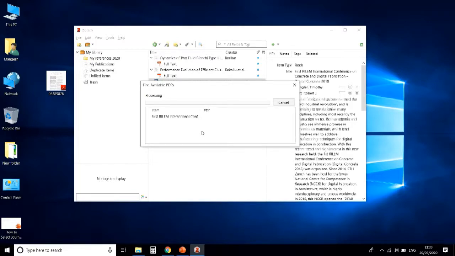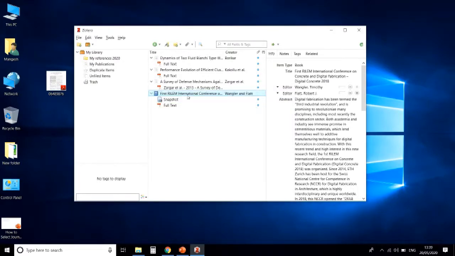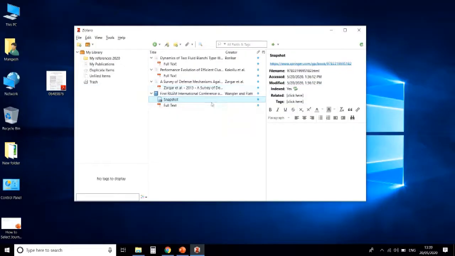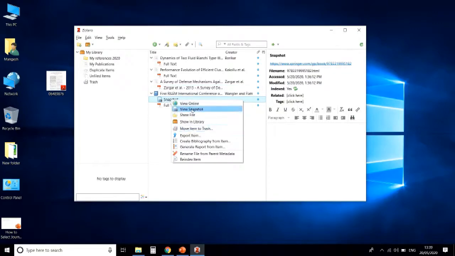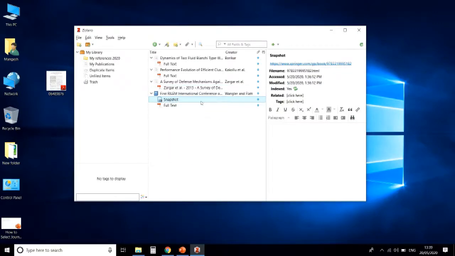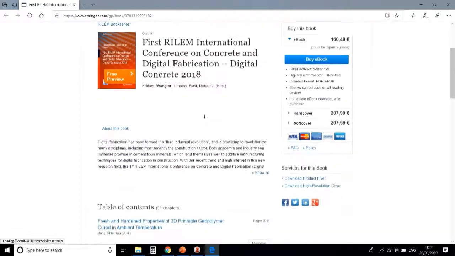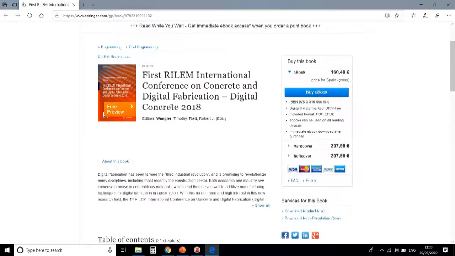The PDF is available for this paper, and for this book the PDF file is not available. So it does not show the link of the PDF file in Zotero. Only the link of the book will be available. So PDF is not accessible, so no PDF will be available.